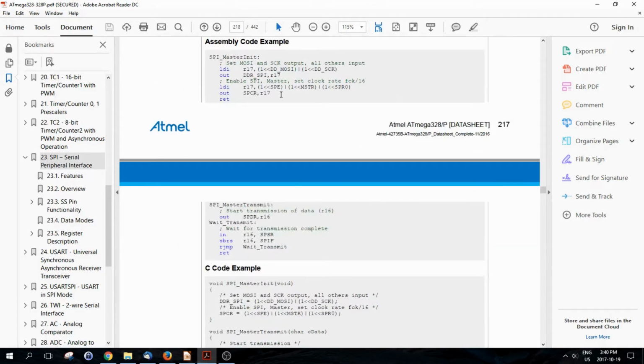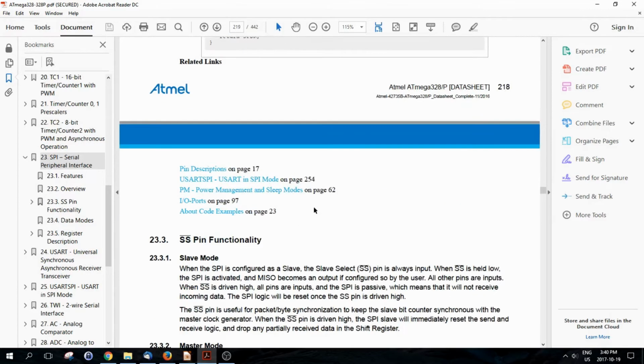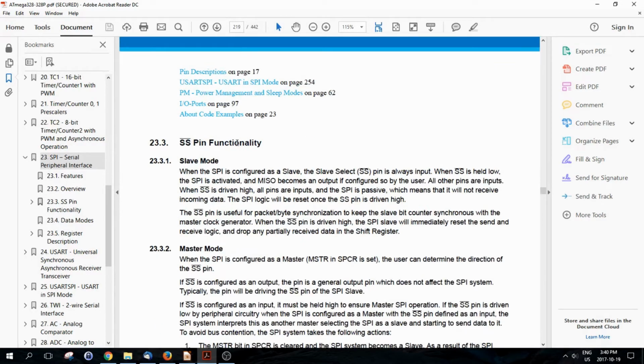Definition of the pins, some little code examples to help you out. The slave select pin. The microcontroller can be set up as a slave device, and it has its own slave select pin. And you've got to handle this pin correctly if you're in master mode, because if the pin is an input